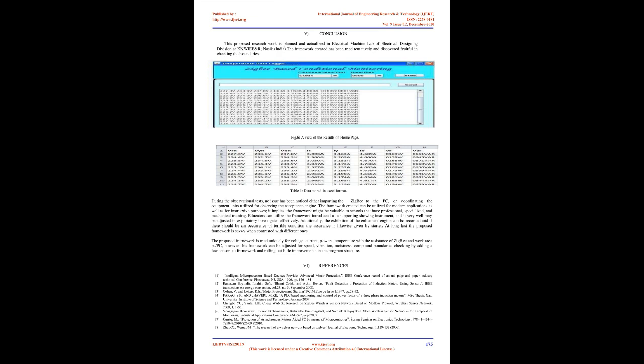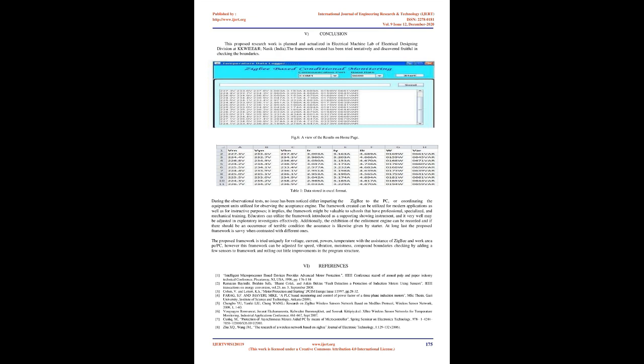DSP-IC30F4013 bi-central processor. The framework comprises of a 3 HP/1440 RPM, TEFC type 3-stage acceptance engine, and 2 voltage transformers with change proportion of 230/3V, 2 current. The system transferred to the Zigbee coordinator via the Zigbee router, and then, they have been transferred to the computer over the RS-232 protocol. Graphical user interface used to display received data on the screen to perform controlling commands and to store data received throughout the Zigbee system.